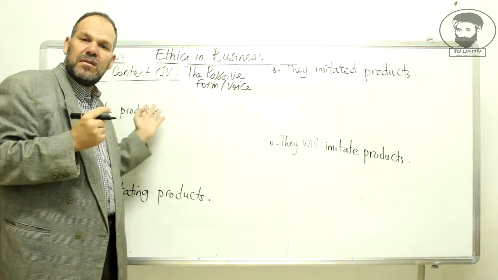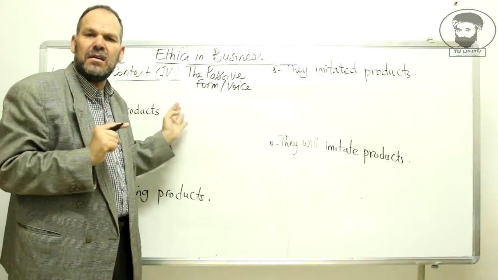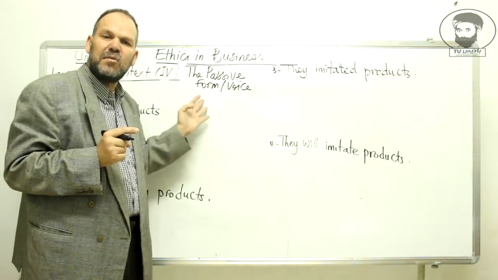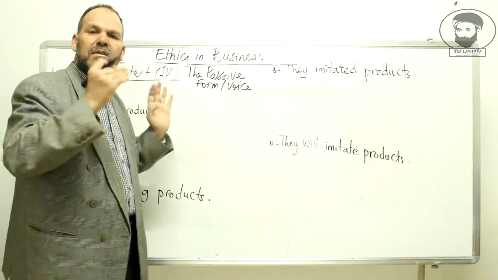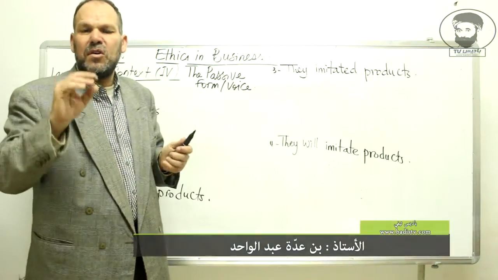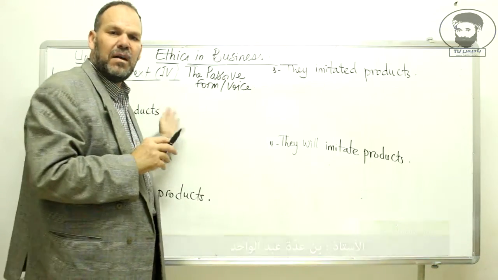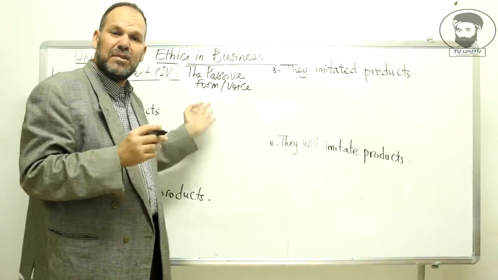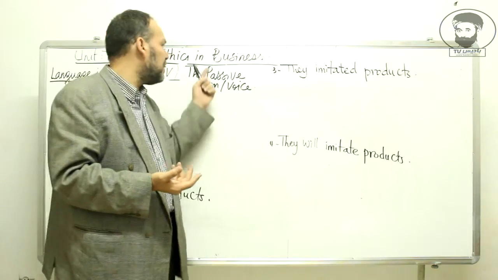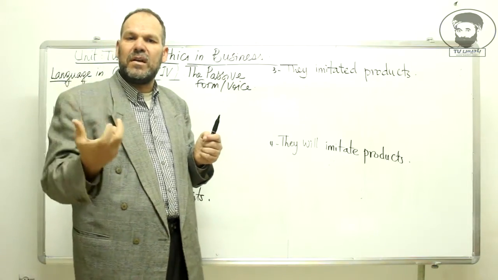Then we have seen in the previous video the use of so...that and such...that in a sentence. We use so...that and such...that to express a cause-effect relationship. We're using a cause and an effect at the same time. For example, you are so interested that you follow my videos on ethics in business. Here it's better than saying you are interested because you are following my videos on this unit. So remember, the more you use structures in English, the more your sentence is correct and you have a very good